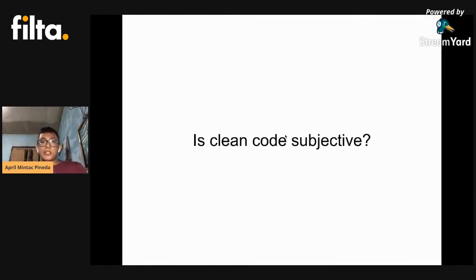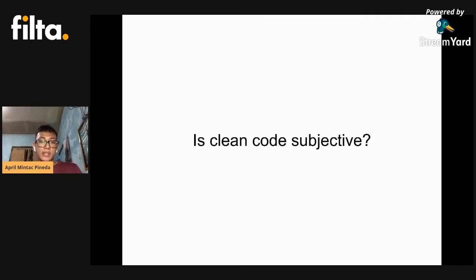So, is clean code actually subjective? I sort of had this discussion with some people on a particular page on Facebook, where we were talking about spaghetti code, and one of them just told me that spaghetti code is subjective. And yes, that's actually correct. Spaghetti code is indeed subjective, but saying that is not really the concern here. Whether spaghetti code is objective is not the question you should be asking, but rather the question is, to whom is it subjective?